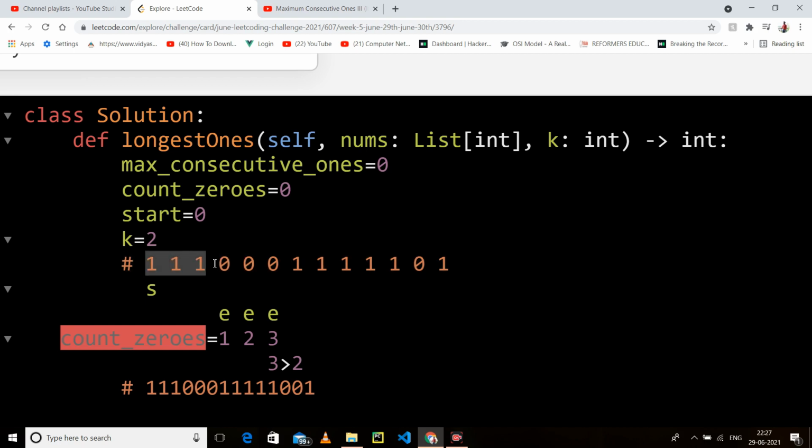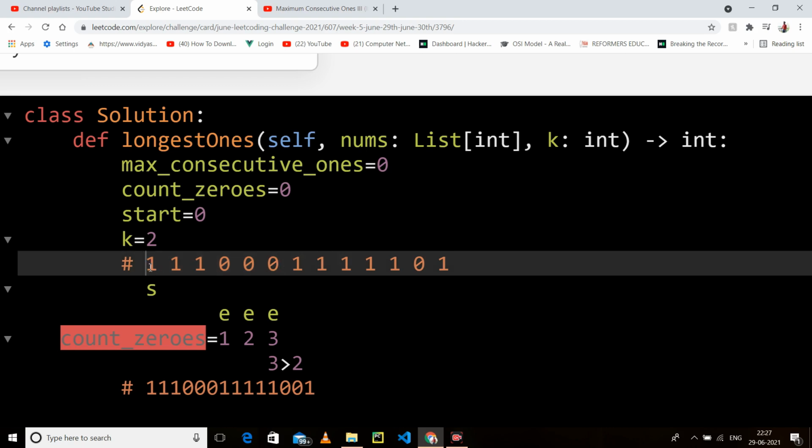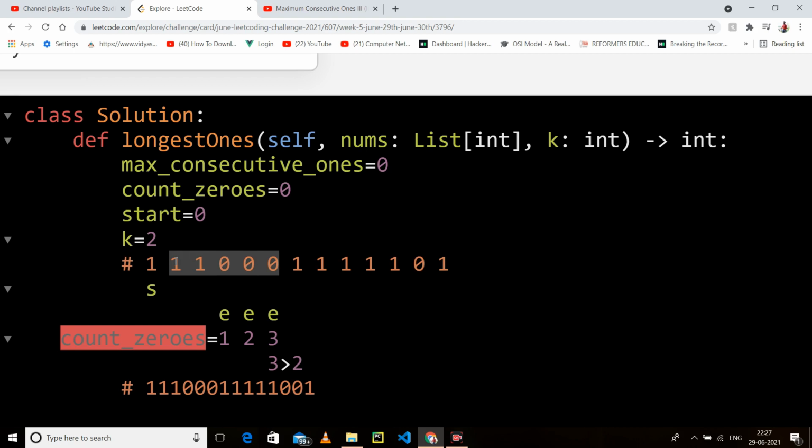So we have actually this. Now we have come here, we have a valid window, but if we move there, I have to maintain this window. So it is of complete length 5, because this is 3 1 and we have authority that we can flip 2 zeros. So the complete window becomes this. But if we include this, we have to decrease this window by 1 from here, so that it could become this of length 5.